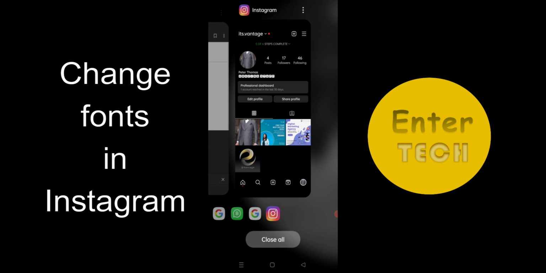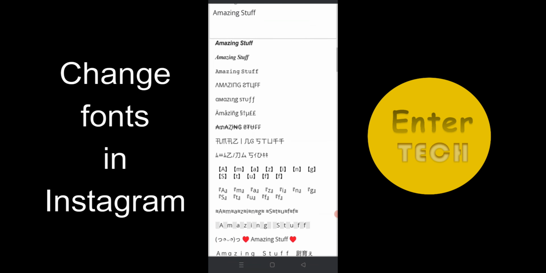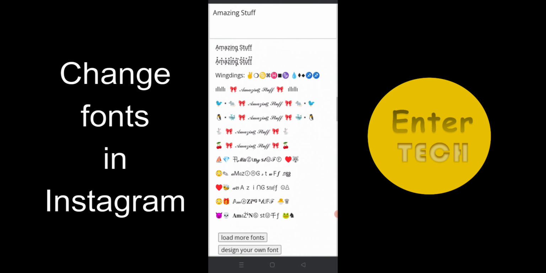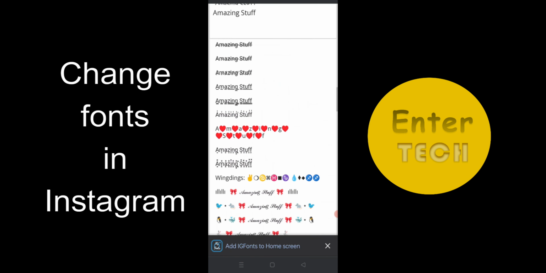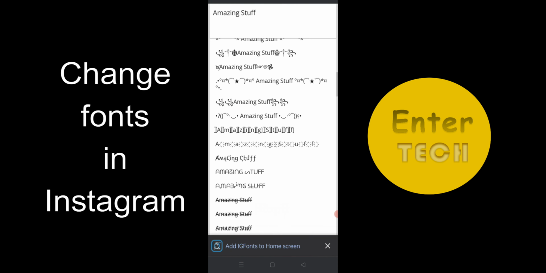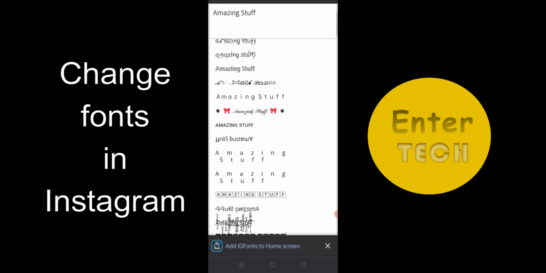So you can come here and copy what stuff, sorry, not what stuff, what font you want to apply here. So you can copy from here all